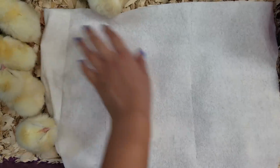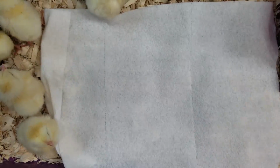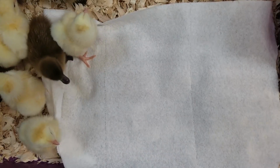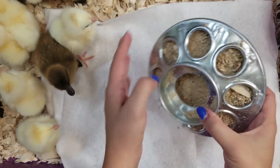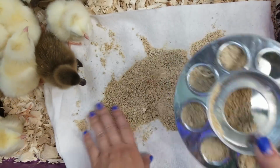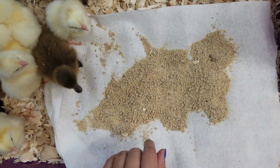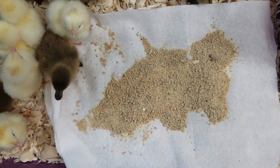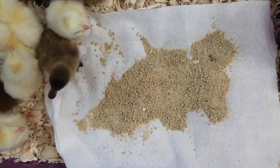But let's talk about chicks. How is it possible to ship chicks and ducklings? Well, chicks are shipped immediately after they hatch. Right before they hatch, they absorb what is left of their yolk, and this provides the chick with food and energy for a few days. This is in case the chicks are not able to find food right away, so that they're not hungry while